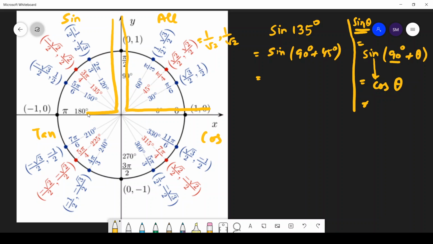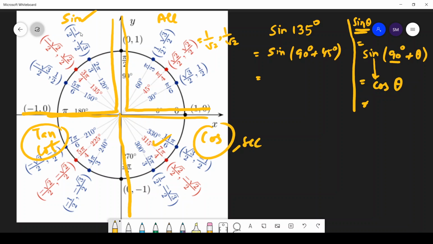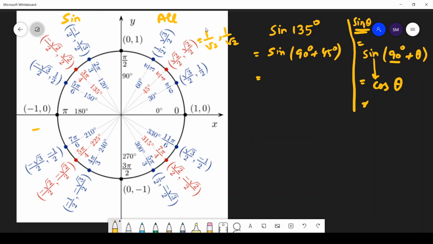This is your second quadrant, 90 to 180. Only sine is positive. This is your third quadrant, so only tan is positive, and this is your fourth quadrant, so only cos is positive, and of course secant will also be positive. Here tan and cot will be positive, and here sine and cosecant will be positive, and here all the trigonometric values are positive. So: all, sine, tan, cos. Add sugar to coffee, or after school to college.